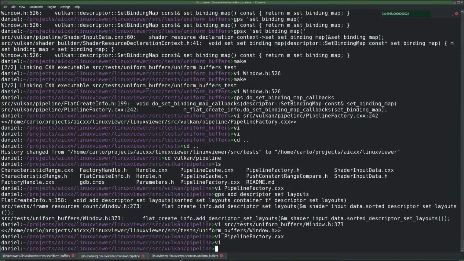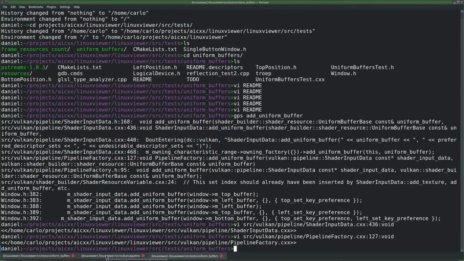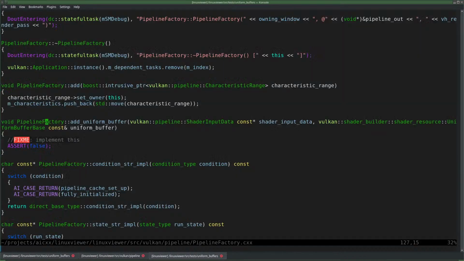How many things do I have open? That was the only one. Which I did not implement yet. Okay, I was reading the description, so